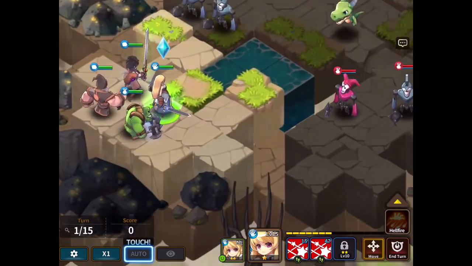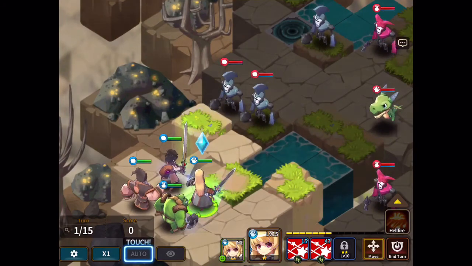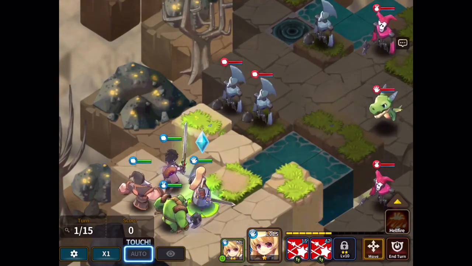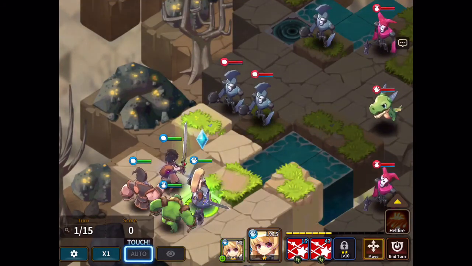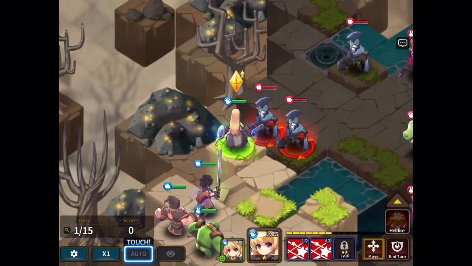So let's see. I can't do much here. And again, she can walk pretty far. My only beef with going directly... Okay, well, I have no choice. So I'm going to go ahead and try to take this advantageous area here. You see, above me, I got that little